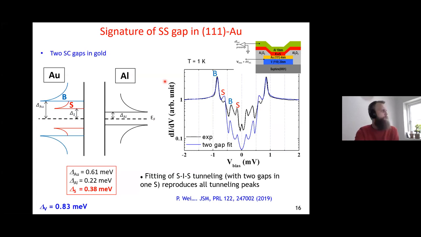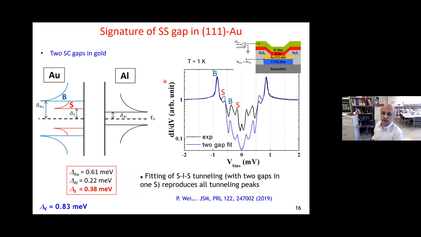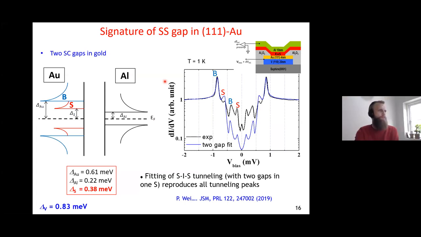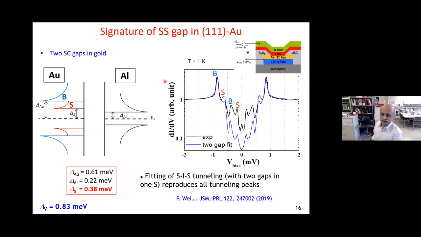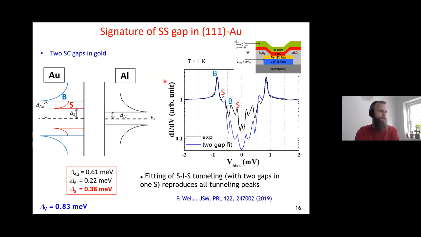What was the temperature that you measured at? This one was measured at 1 Kelvin, as you see. Ah, okay. So that might explain it. Right. The TC is about 1.7 Kelvin. Got it. All right. Thanks. Thank you, sorry, for the questions.